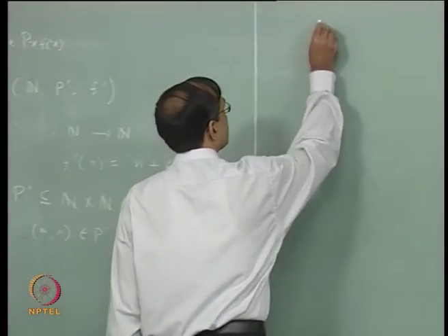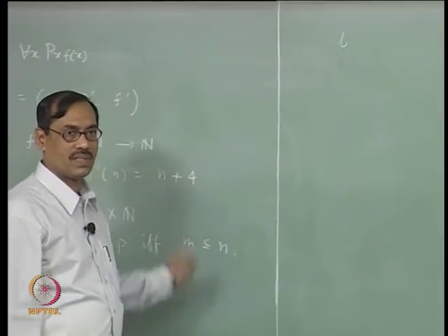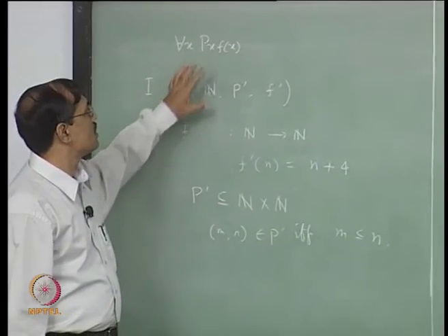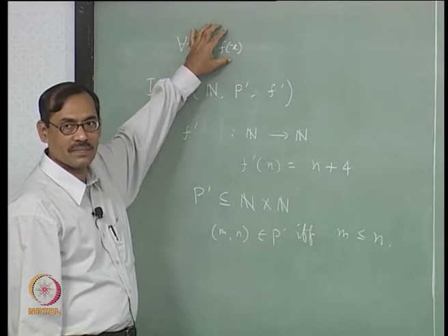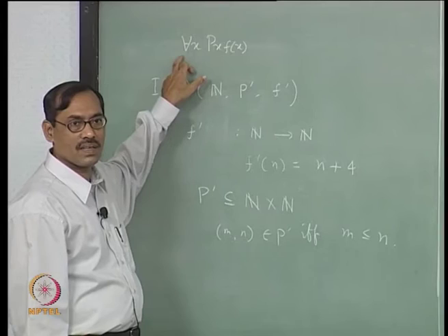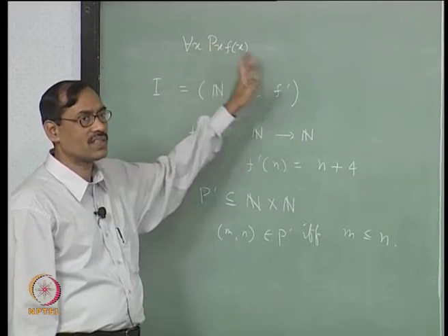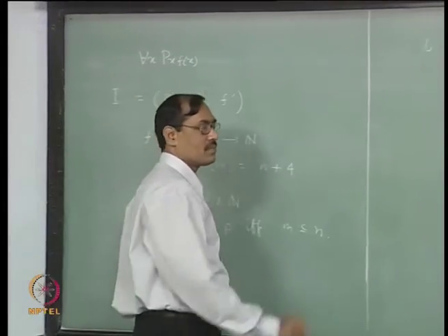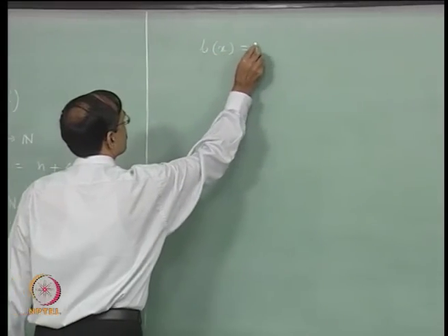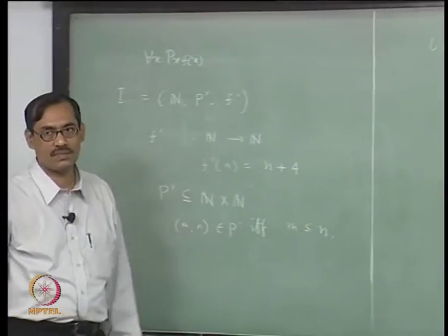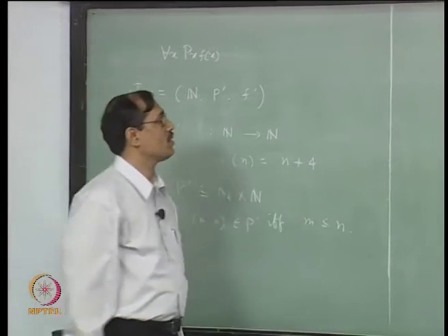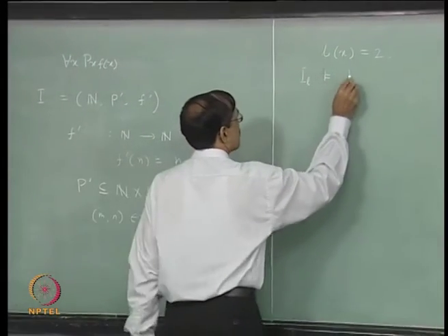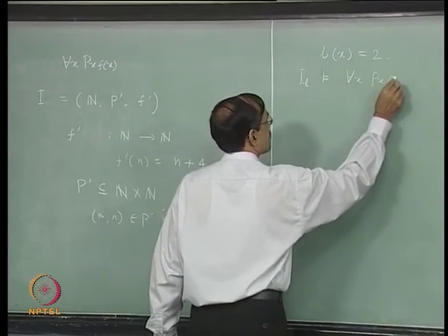So, let us say L is one valuation under this interpretation. Okay. So, under this interpretation means of this formula, that formula is also there. So, there is no constant symbols occurring, only one variable is there. We can just give L of x equal to some number, natural number, and continue, fine. So, let us say L of x equal to 2, we are just fixing arbitrarily, see what happens. Now, we have the state I, L.